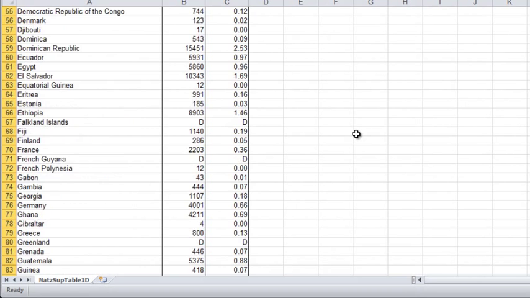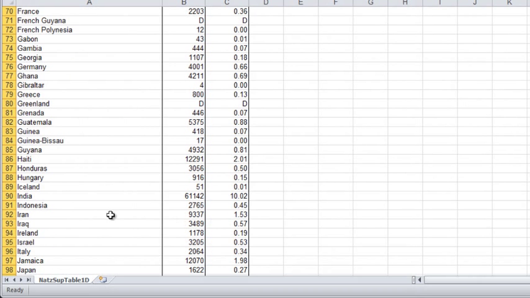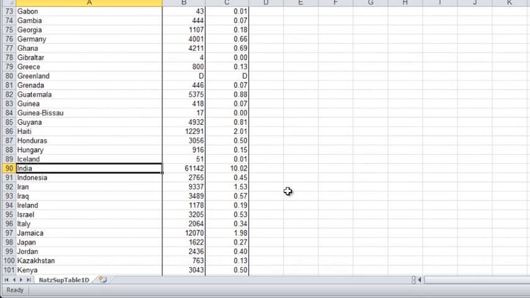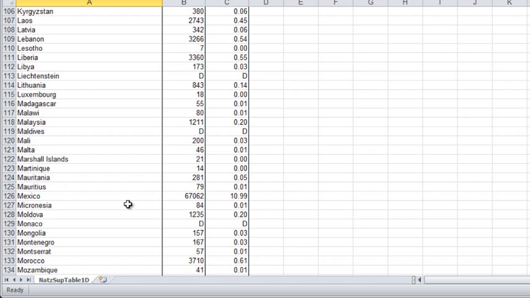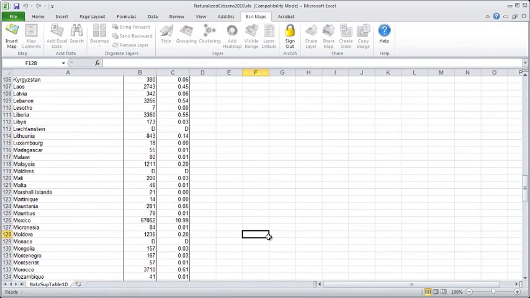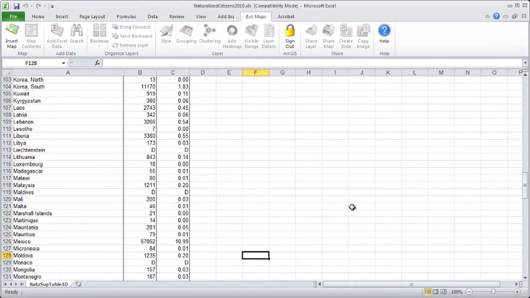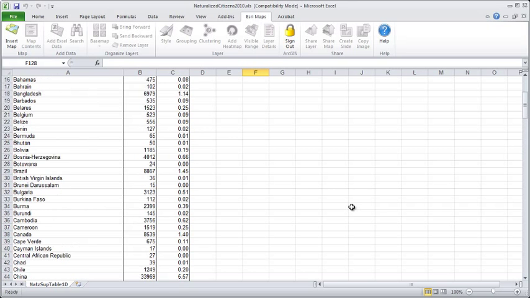So one thing I can do is just scroll through the data, and I can see some of the higher values like India and Mexico, both contributing over 10% of the total. I also have these D values for a handful of countries, which represent unavailable data. Okay, now I have a sense of what this data is about, so I'm going to plot them on a